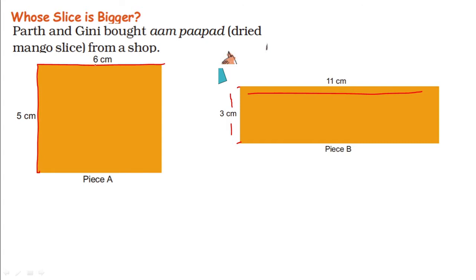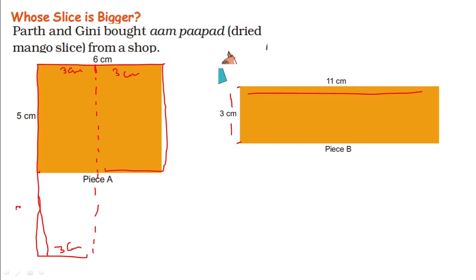Okay. If I cut it from between, so this will be 3 centimeter, this will be 3 centimeter, and I will cut it from the middle. What will I do? I just take this slice and paste it here. If the slice is correct, it will be straight. So this will be 3 centimeter. This will be 5 centimeter. So from here to here, it will be 10 centimeter.